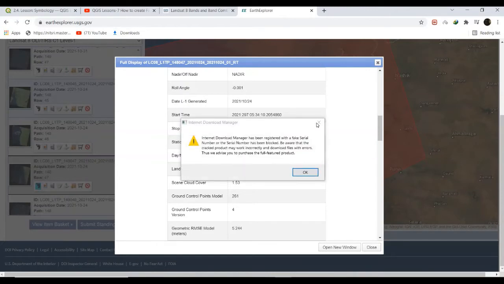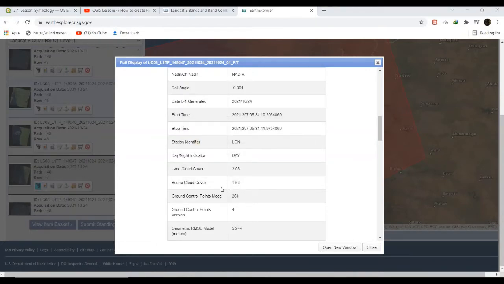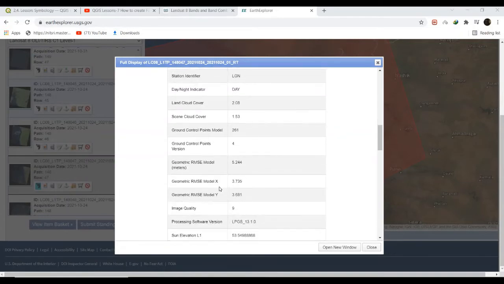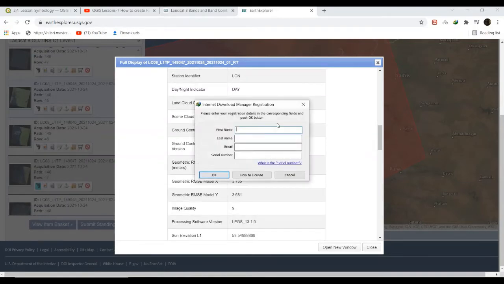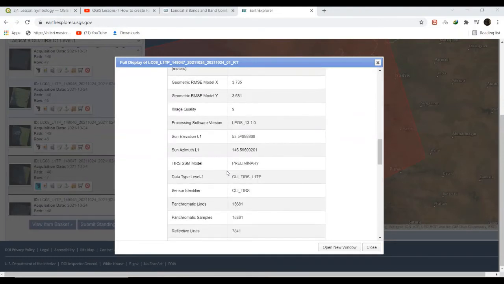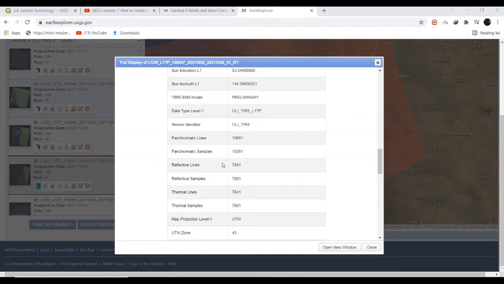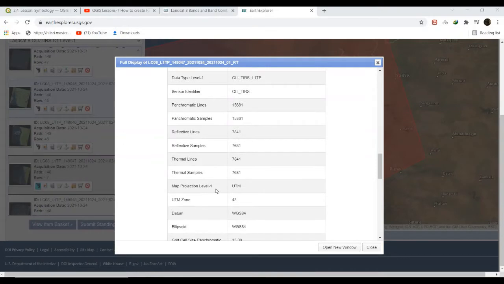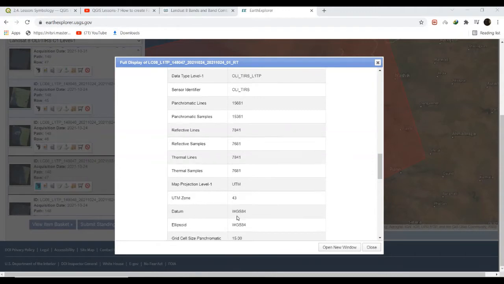Our data download is successful and we have cloud cover information in that. The projection is UTM and datum WGS84.